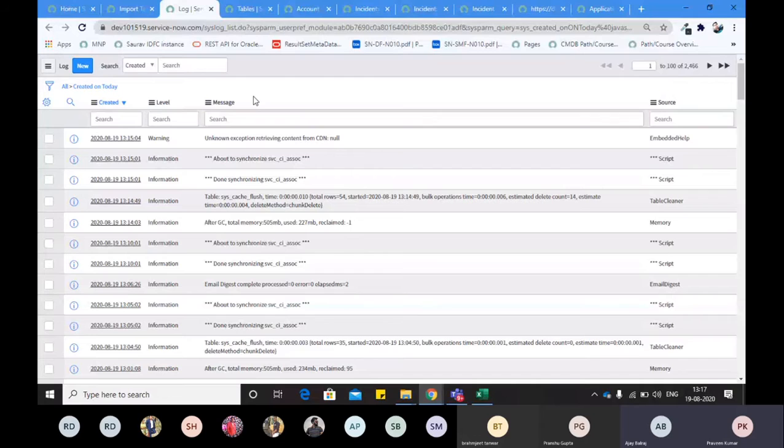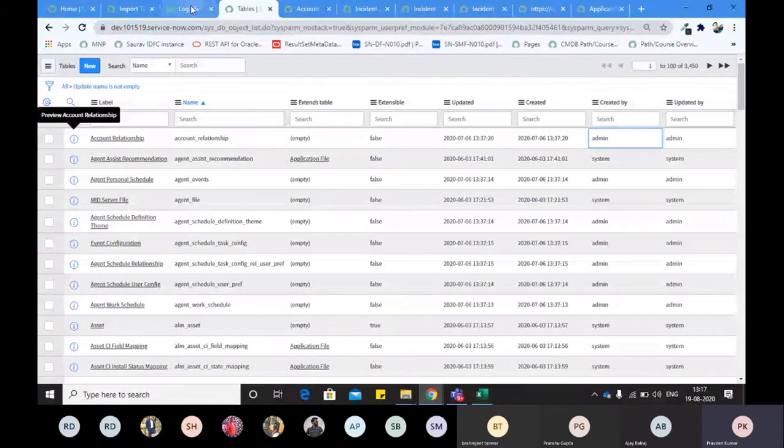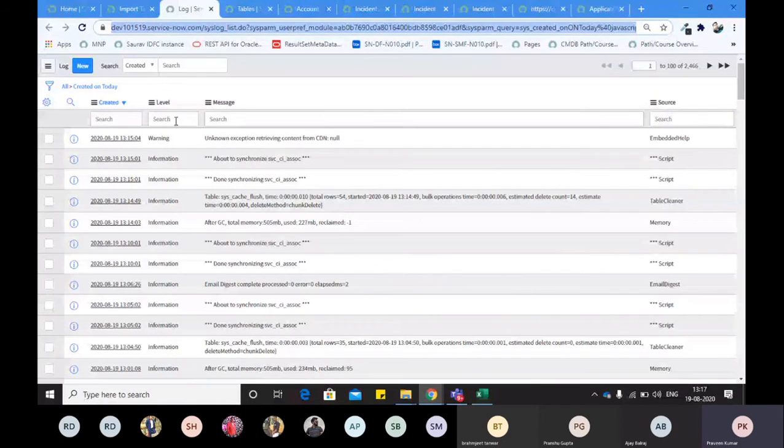Apart from it, if you want to identify that there was some issue in the table creation or something like that, every person who works on this instance is an admin, right? And an admin has access to logs, tables, and all the modules, so they can go and check what the issue was. If you are an admin and your colleague is also an admin, there is no difference between both of you. Every person who is doing development on ServiceNow is an admin.